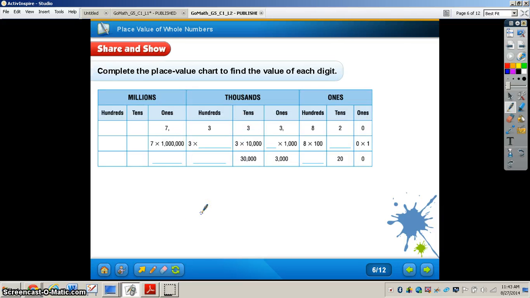Now let's turn to page 11 in your book, the Share and Show section. Try to say that 3 times fast. And it says complete the place value chart to find the value of each digit. So what we have is